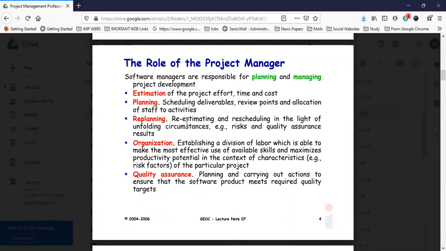So just try to create the simple things: for scope management, this is the scope in the market, right? For risk management, what are the risks there, how can I mitigate the risks, and what contingency plan, you can just write it down. And for human resource management, what type of functional chart or matrix chart you require, what resources, who is going to report to whom, and the decision making sort of things.